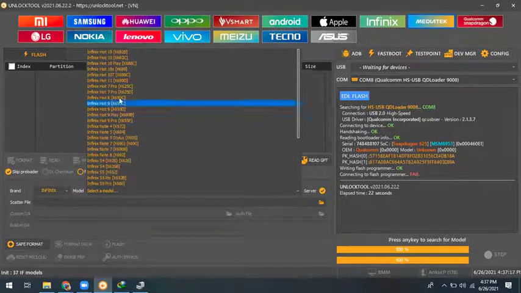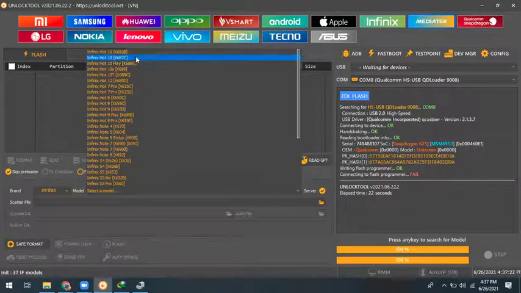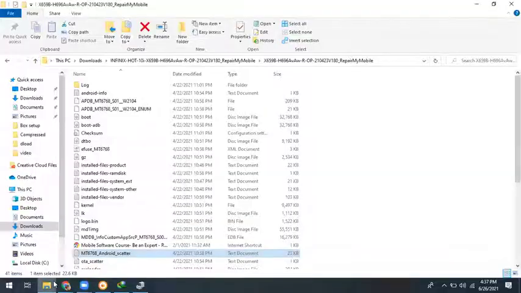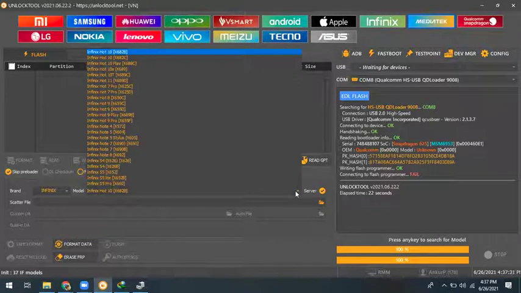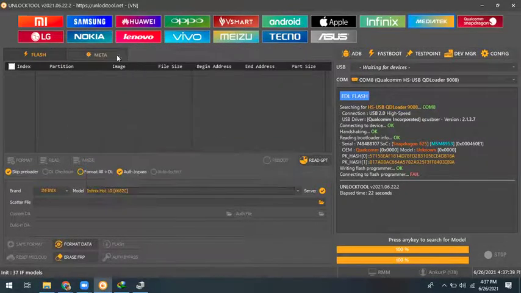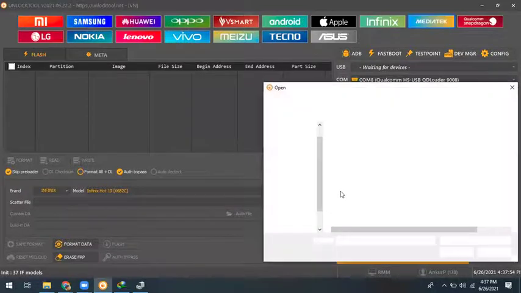It's not supported. Oh, yeah, it has Hot 10, 10T, like example 10. And what is the 659? Okay, you can take the model, and if you want to flash, the same procedure applies as for Qualcomm. We needed a programmer file, but if you want to flash MediaTek, in that case you need a scatter file. So click the scatter file option, load scatter file, and give the path.